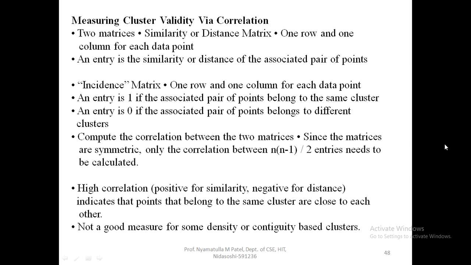An entry is 1 if the associated pair of points belongs to the same cluster. So in the matrix, we will enter a value of 1 only if the associated pair of points belongs to the same cluster, and we will enter 0 if the associated pair of points belongs to different clusters. Then compute the correlation between the 2 matrices.